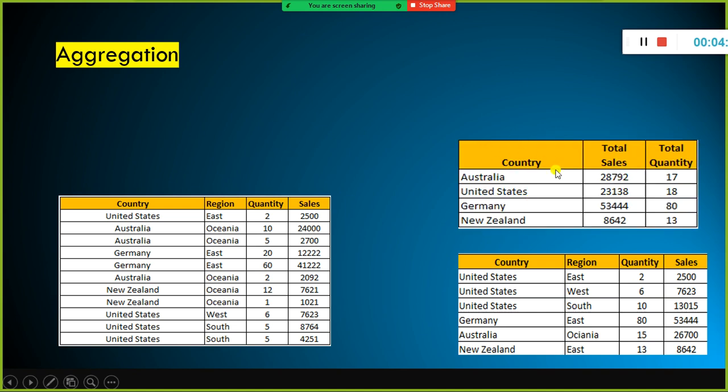What they want to see is not something like this, but this. In United States, tell me the total sales, regardless of the regions in the United States. I want to see the total sales and total quantity we sold in the United States. Similarly, for the other countries, they want to see the consolidated total sales by country, regardless of the region.